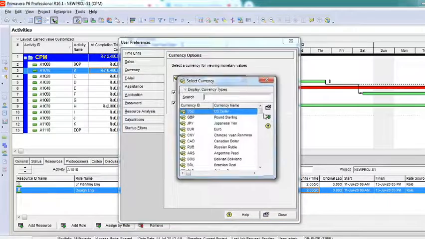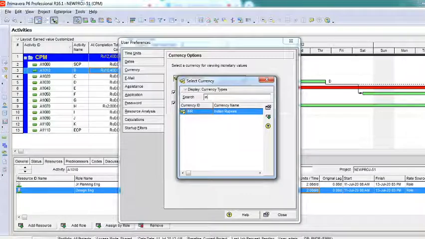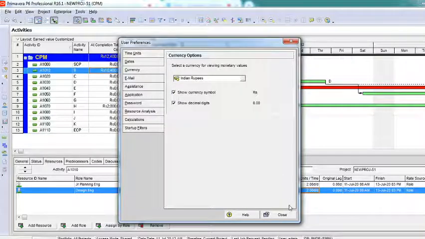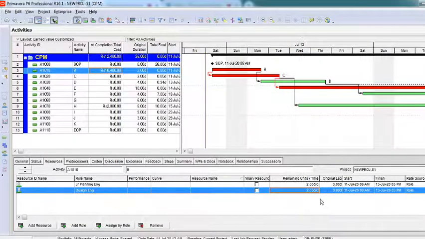The moment you start browsing, if you have already created Indian rupees, you will be able to find it here. Or you can type INR, or whatever symbol you have given, the currency ID or the whole name. Then select it, say assign, and then close. You will find that the dollars have gone and the rupees have come.